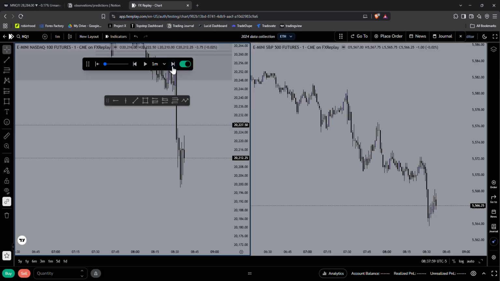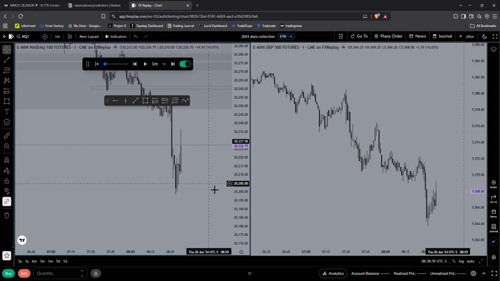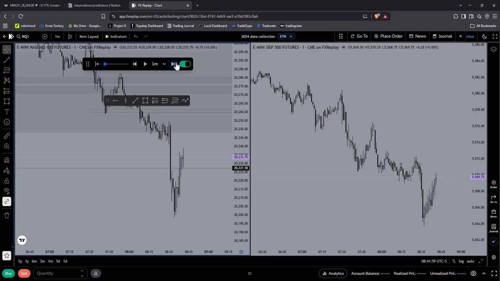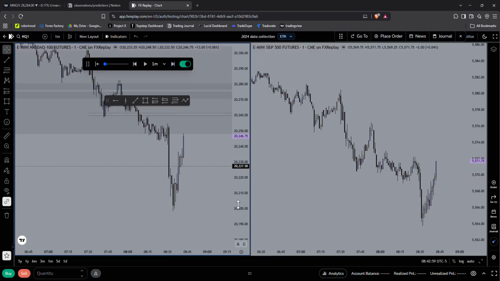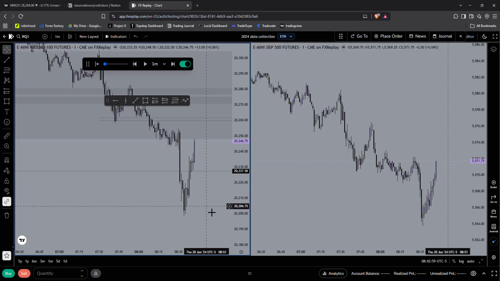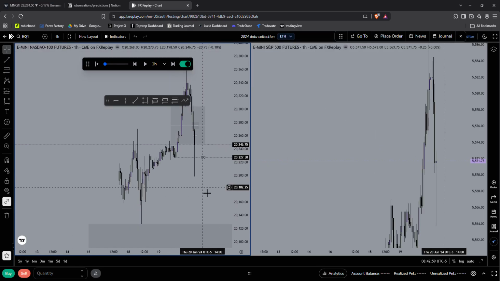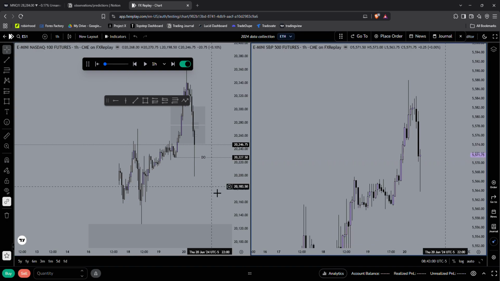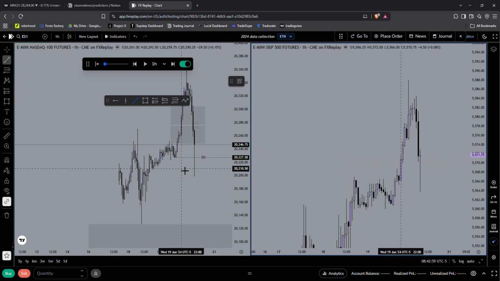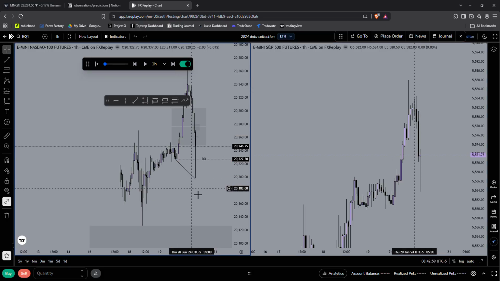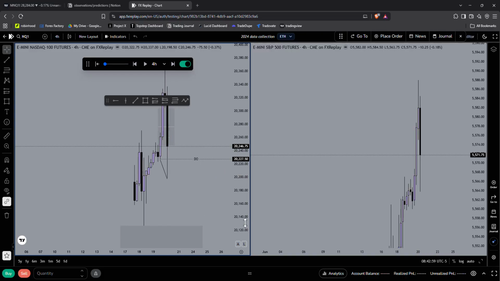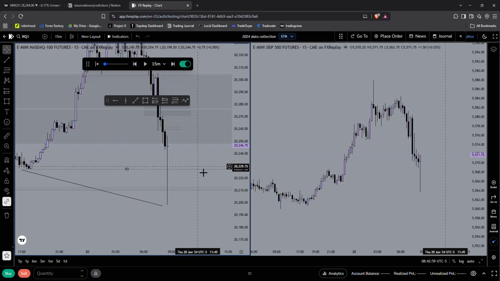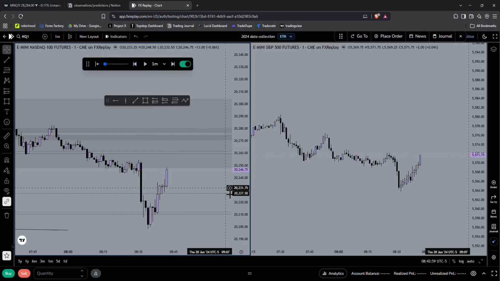We tap into this 3 minute. Oh, tap into this 1 minute. So within this 1 minute, this is like a mech model. We swept out these lows. Boom, boom, boom, boom. So we swept out these lows, but led into that 2-day opening price. Do we have a 4-hour gap or anything? Okay, we have a 4-hour gap. We swept some of this LR. We have a 15-minute we can target.